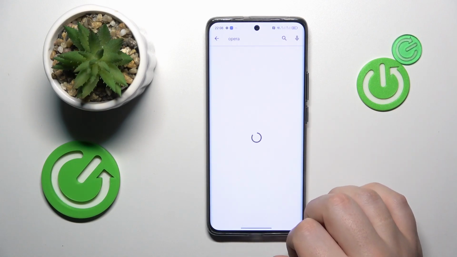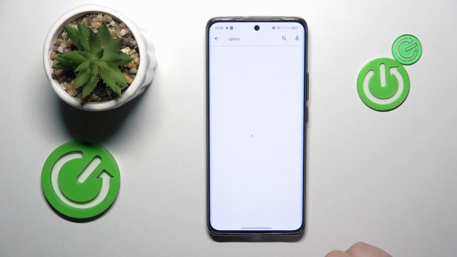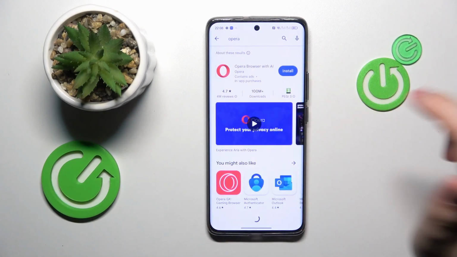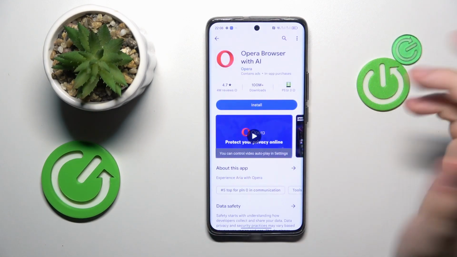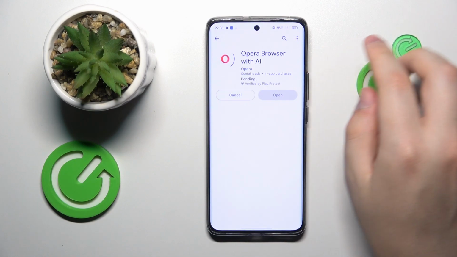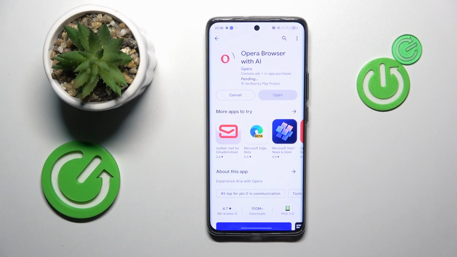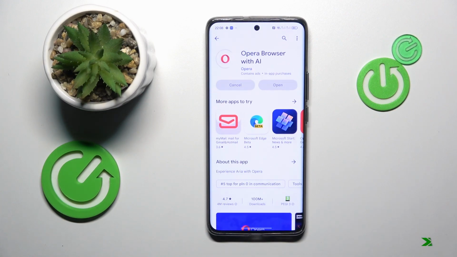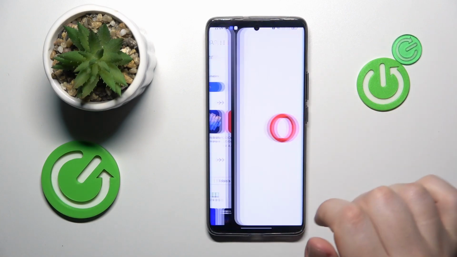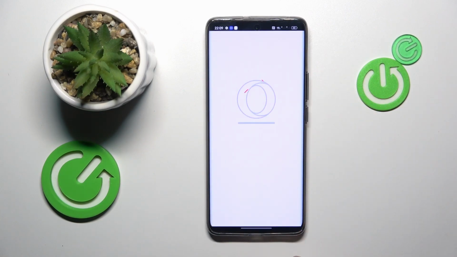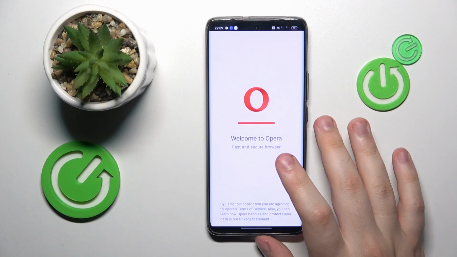Then you can initialize its installation either directly from the search results, from here, or from its respective app info page, doesn't matter which route you'll go for. Then just give it some time to be downloaded and installed. Onwards, launch the app. And while opening Opera for the first time, it is required that you perform a very